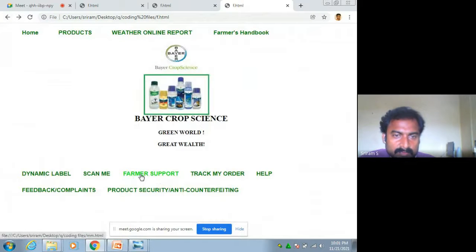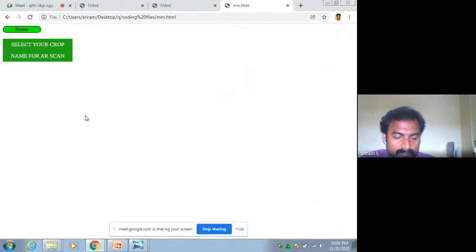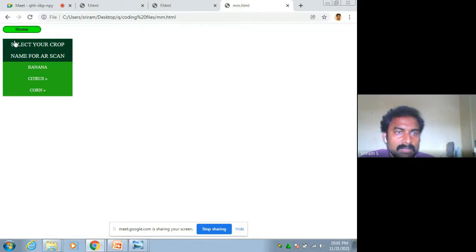Then farmer support. In the farmer support, we have given the option to select your crop name for AR scan. Here we implemented the AR technology, which helps the farmer to protect and maintain crops.